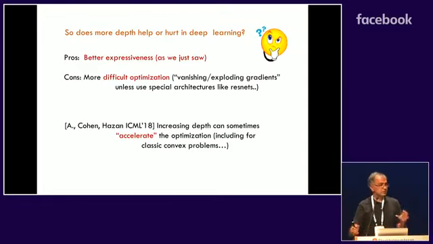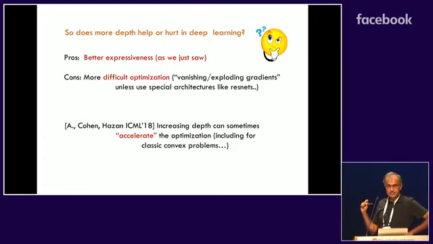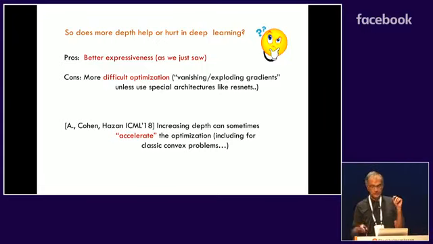So let me tell you a new result of ours, which I find kind of cute, which is counterintuitive. Counterintuitive for theory, okay? Not ResNet, which shows that, yes, sometimes increasing depth can help. But what this shows, even theoretically, is that increasing depth can sometimes accelerate the optimization. Now, accelerate is in quotes for two reasons. There's the everyday notion that it can make the computation faster. And then there's a technical notion of acceleration as in Nesterov acceleration, the one that's used in Adam. So it's also related to that.